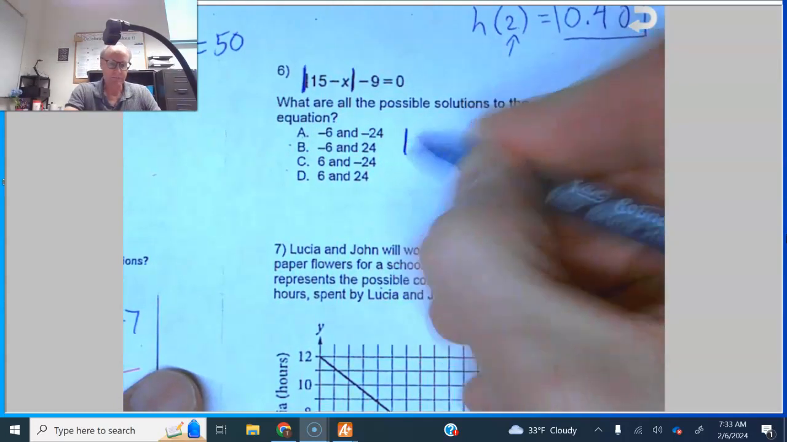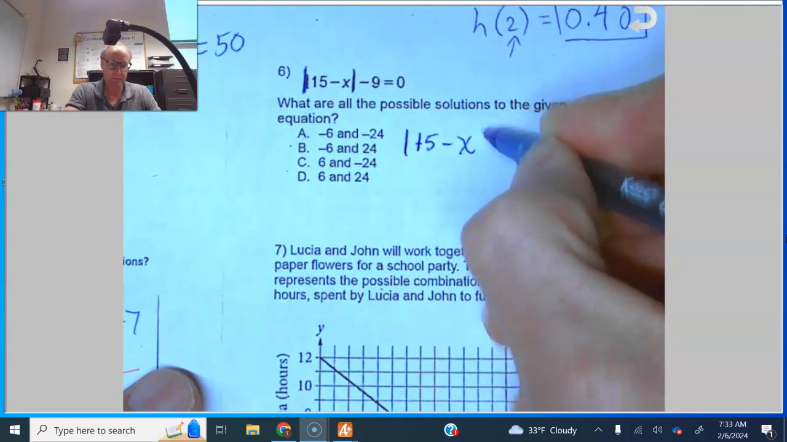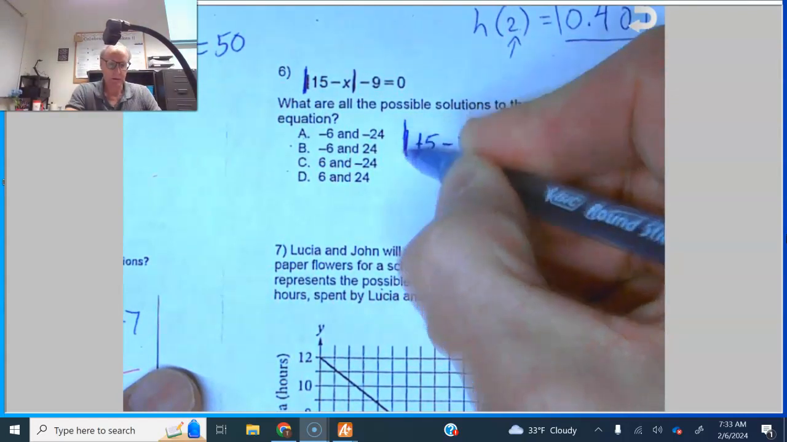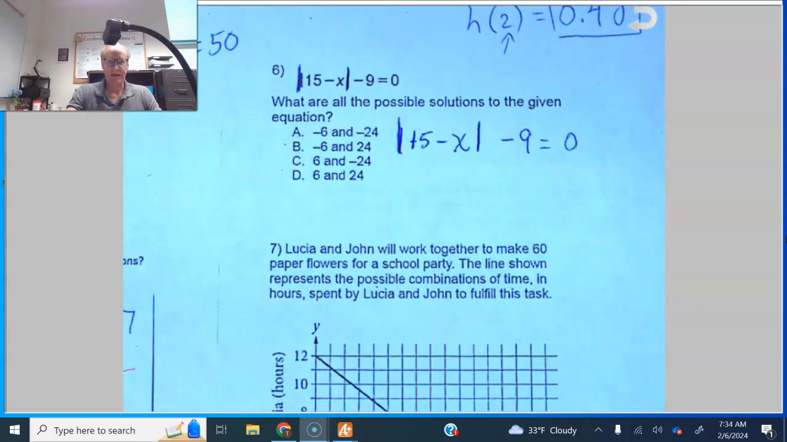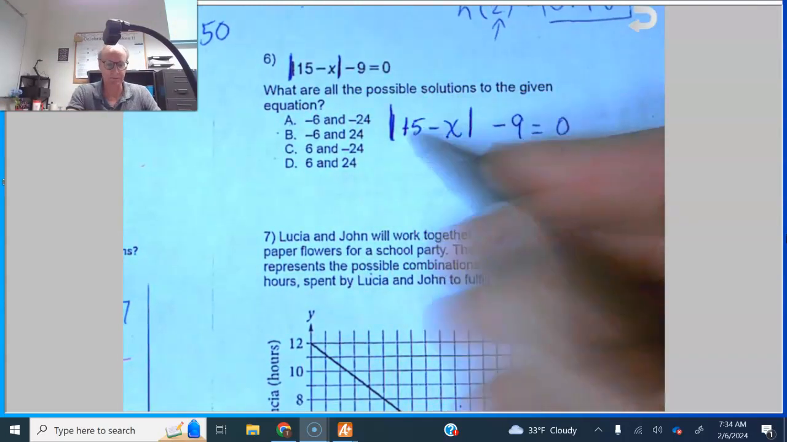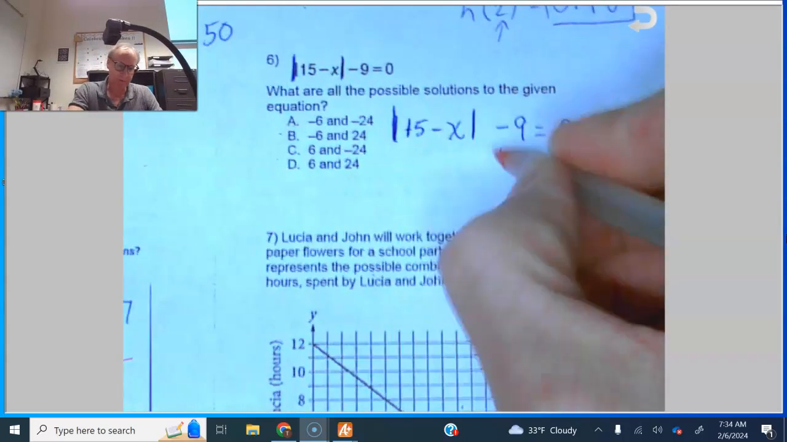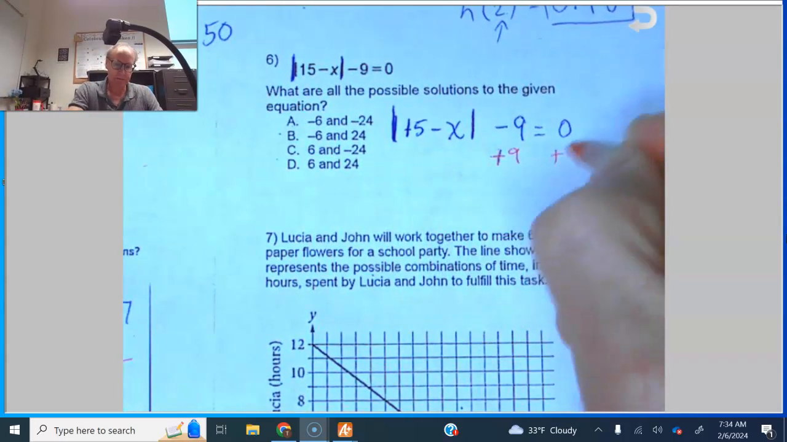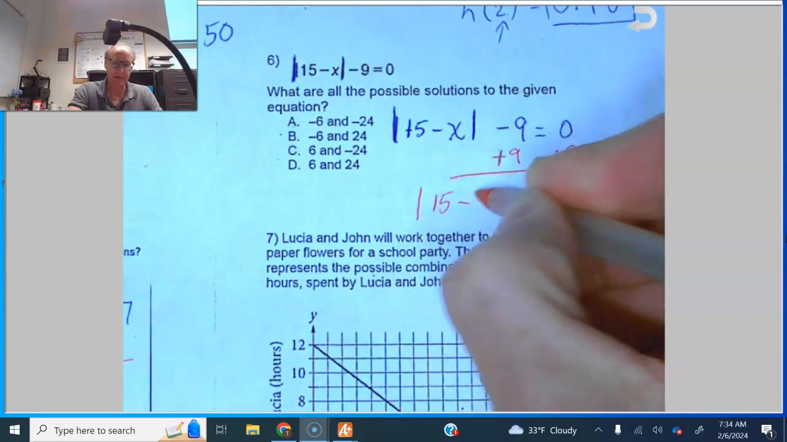So I've got 15 minus x minus 9 is equal to 0. So my first step, is that a 15? Yeah, it's supposed to be 15 minus x. Sorry, it looks a little funky there. Add 9 to both sides. Add 9 to both sides, and we get the absolute value of 15 minus x